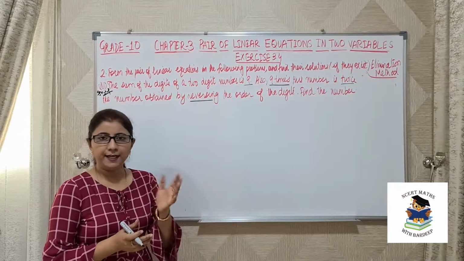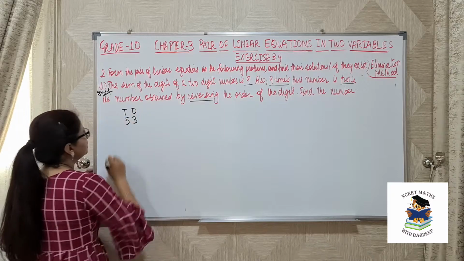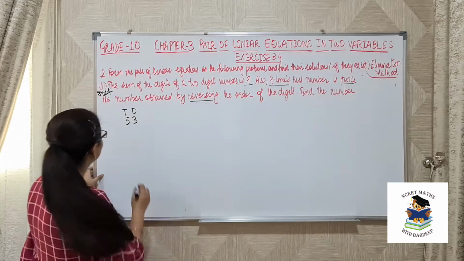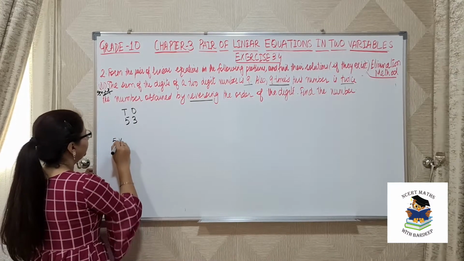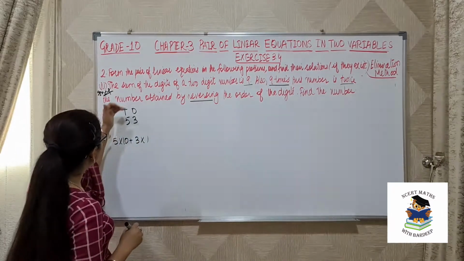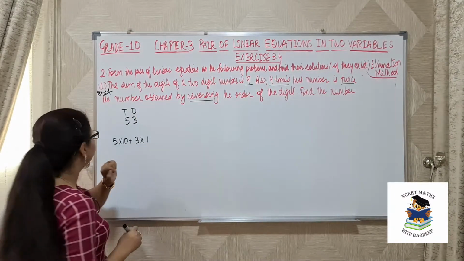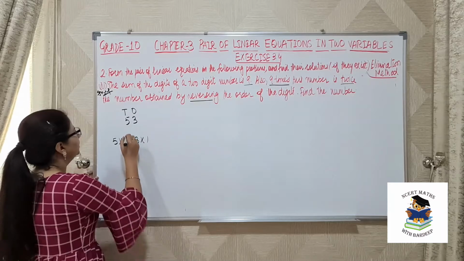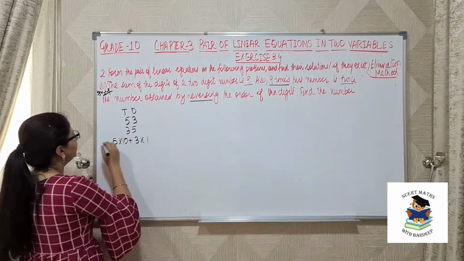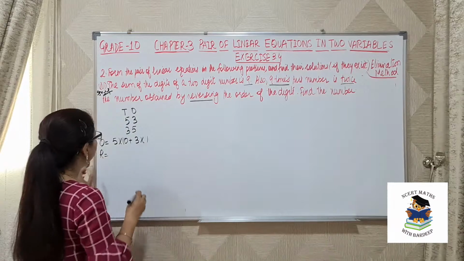Take any example, take any two-digit number, let it be 53. So this is the ones place, this is the tens place. So how to write this number in expanded form? This means 5 should be multiplied with 10 and 3 should be multiplied with 1, so 5 with its place value and 3 with its place value. So if I reverse this number, then it will be 35. This is your original number, and let this be the reversed number. So now this is 35.